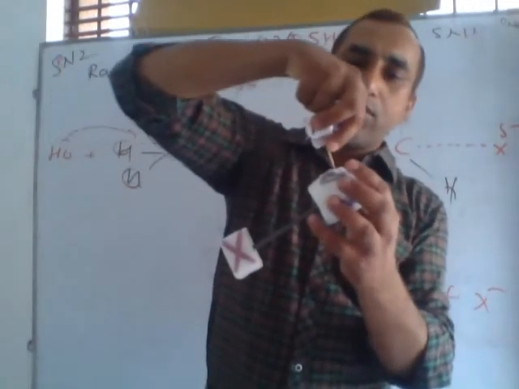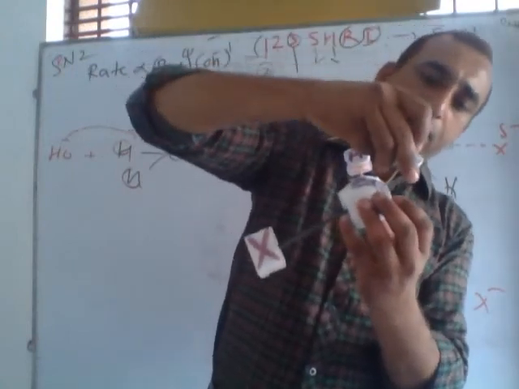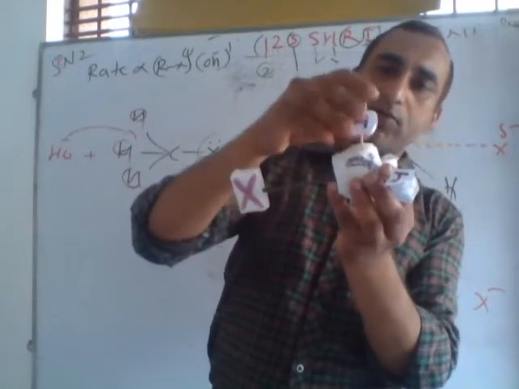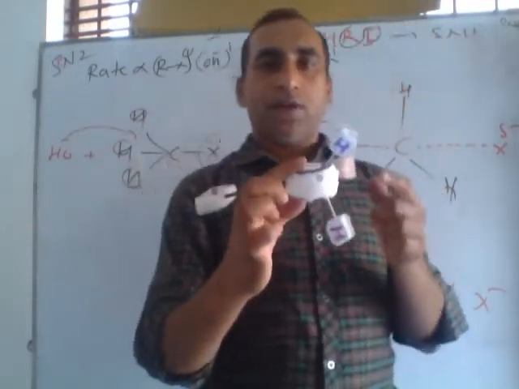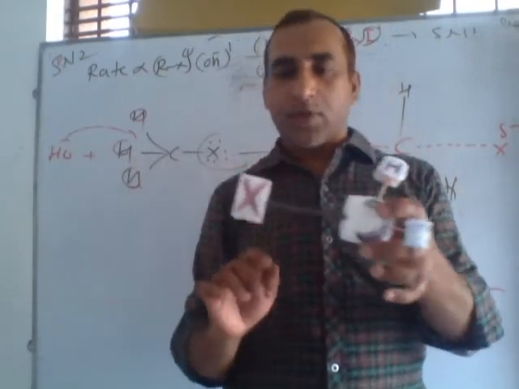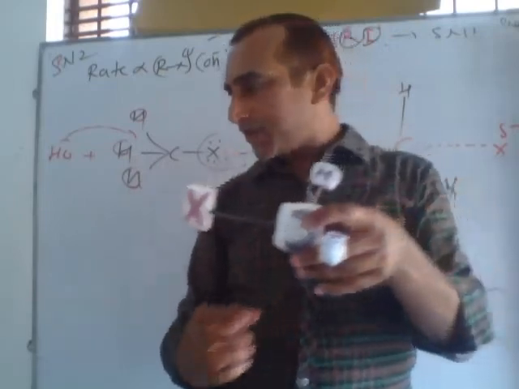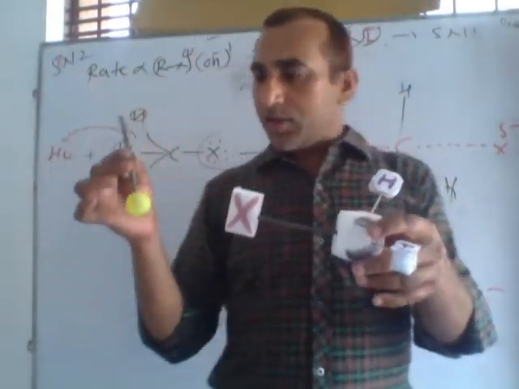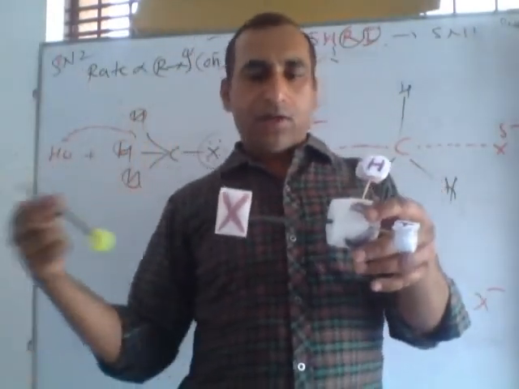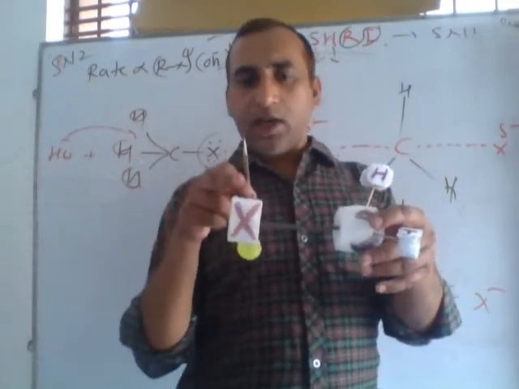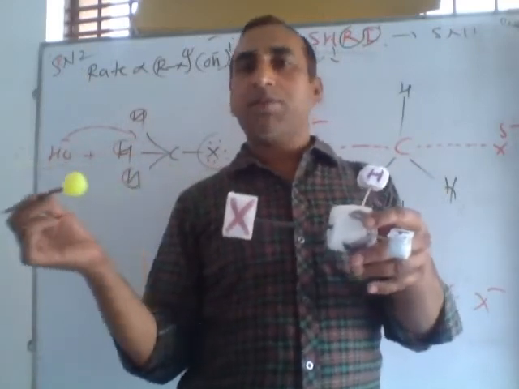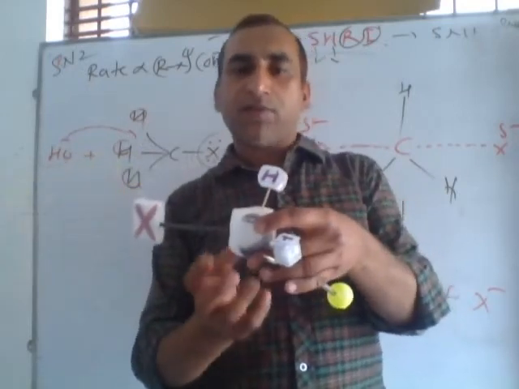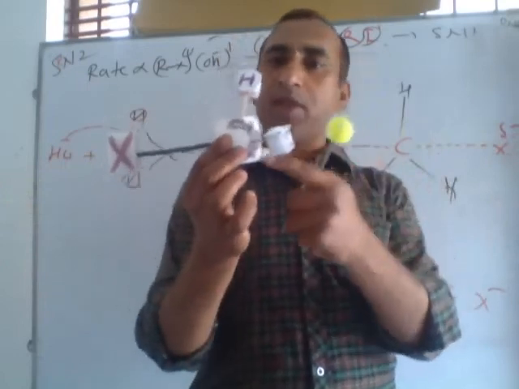If we want to study the SN2 reaction, we should take hydrogen. So these are 3 hydrogens directly connected with this carbon. This is methyl chloride, CH3Cl. This halogen is negatively charged, and this is the nucleophile. The nucleophile can't attack from this side because of repulsion between the electrons of this and the electrons of this. Due to electronic repulsion, it is unable to attack from this side. It attacks from the back side because there is space for attacking.